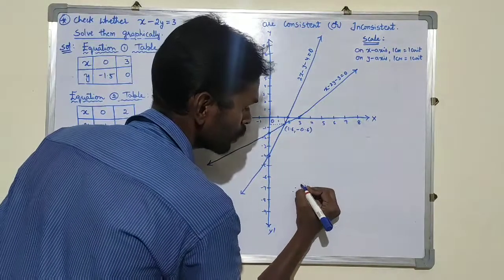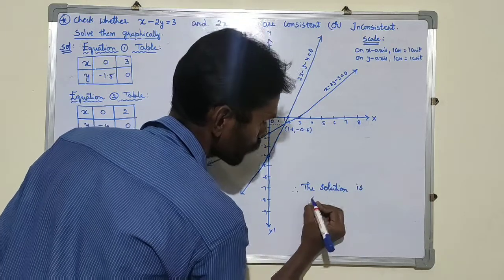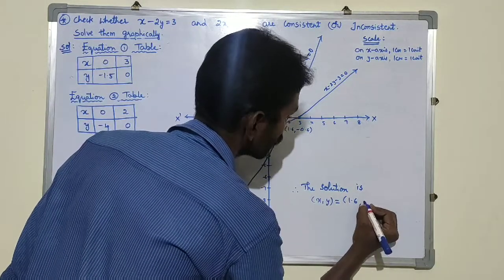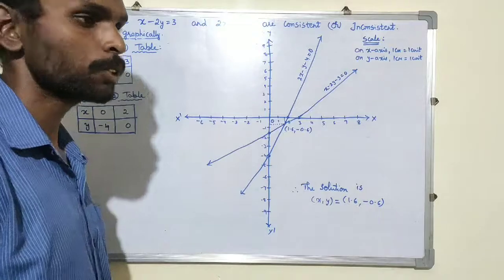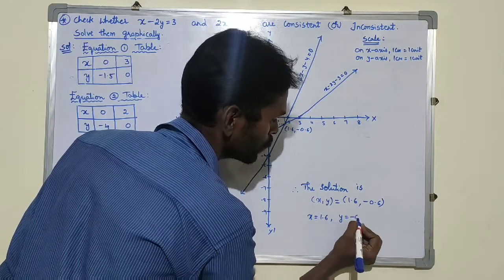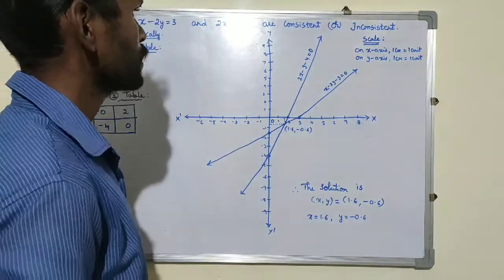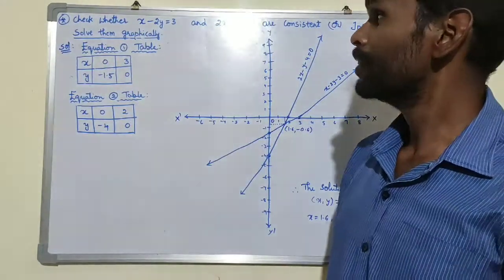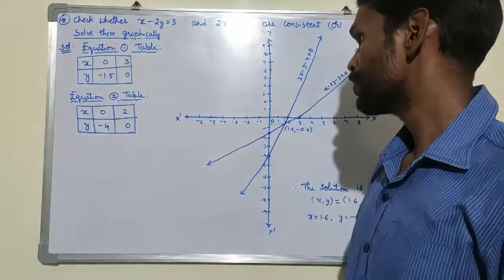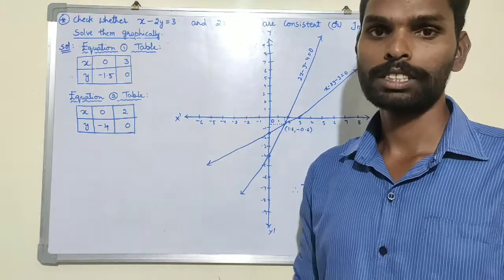Therefore, the solution is x comma y equal to, you need to write this part, 1.6 comma minus 0.6. This is the solution, that is x equal to 1.6, y equal to minus 0.6. If you do this problem on graph, you will get values exactly like this. Okay, this is how to solve a pair of linear equations graphically. This graph is very important for 10th examinations, and this graph is for 4 marks. It comes under the visualization and representation part, which is under academic standard 5.